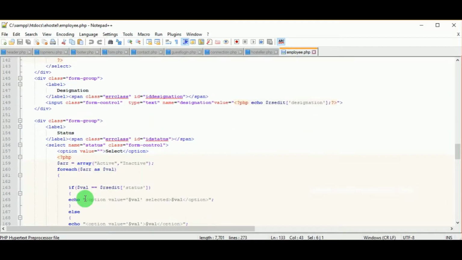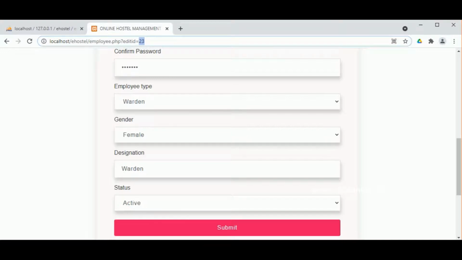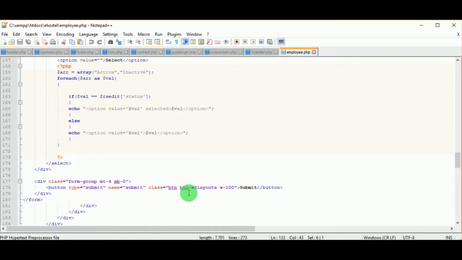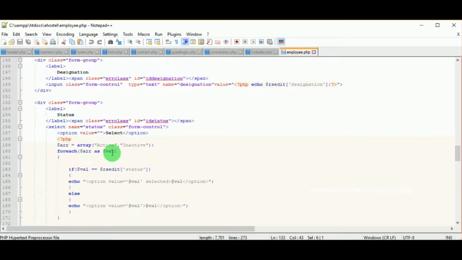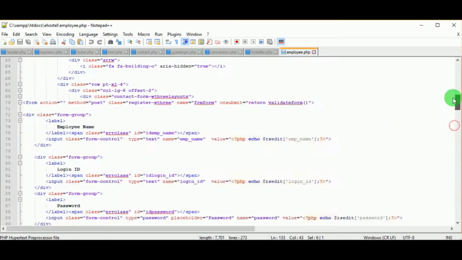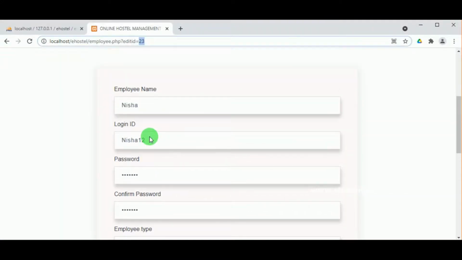That is because when you click on edit, the edit ID is generated and the edit ID and the employee ID are the same. For that reason the value is fetched and you can view the data from the database in the form. Now if you want to update, if you want to make any change, this will display the data. Now if I want to make any changes to the data which is in the database,